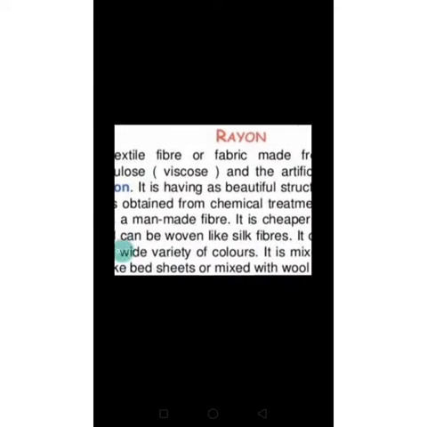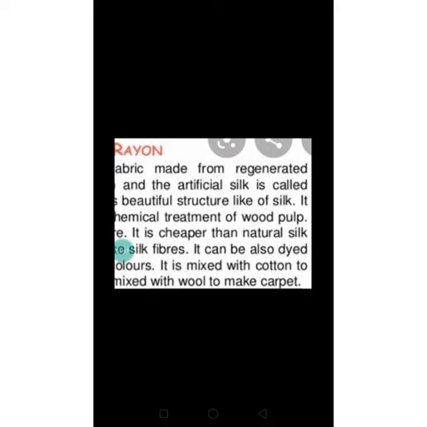First is rayon. Rayon is a fiber which is made from regenerated cellulose or viscose, and this is the cheaper variety of natural silk. It is also called artificial silk. Cellulose, which is obtained from wood pulp, is used for making rayon. So rayon cannot be considered a fully synthetic fiber. It is a semi-synthetic fiber,